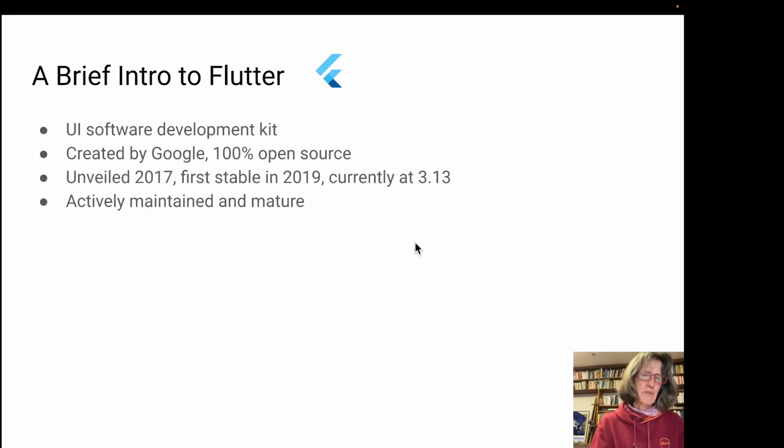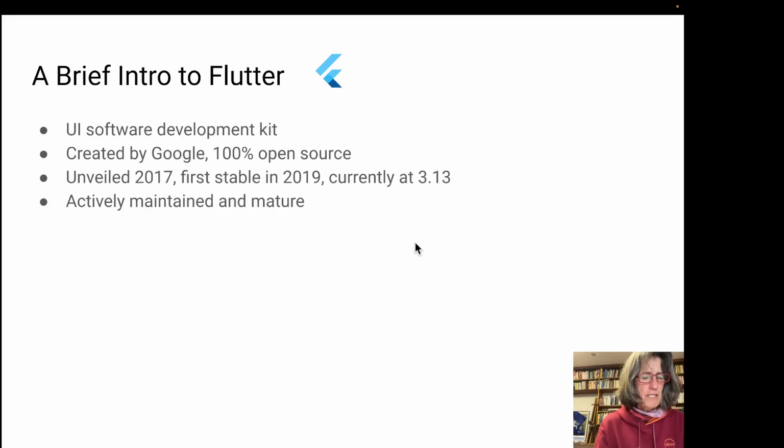This is going to be an overview talk, so I won't go into too much detail of Flutter, but I thought I'd at least have to scratch the surface a little bit. And I want to show why Flutter is so popular. So what is it? First question. It's a UI software development kit. Its biggest strength, in my view, is that it allows you to build native apps from a single platform.